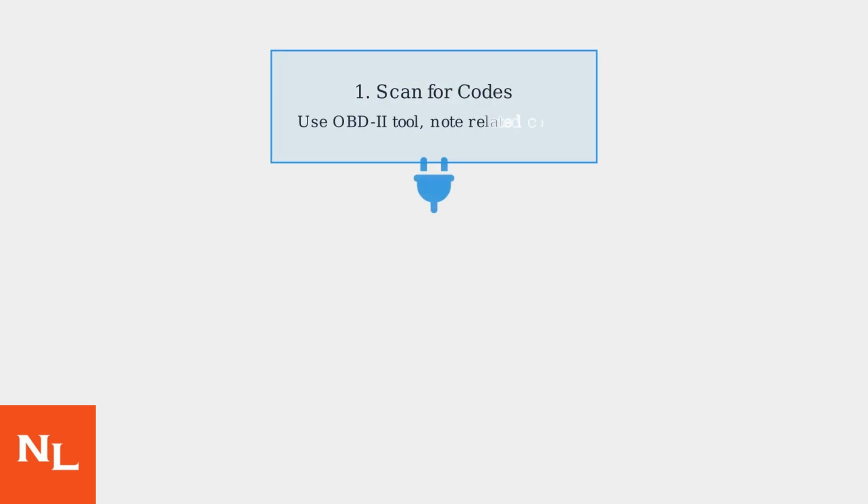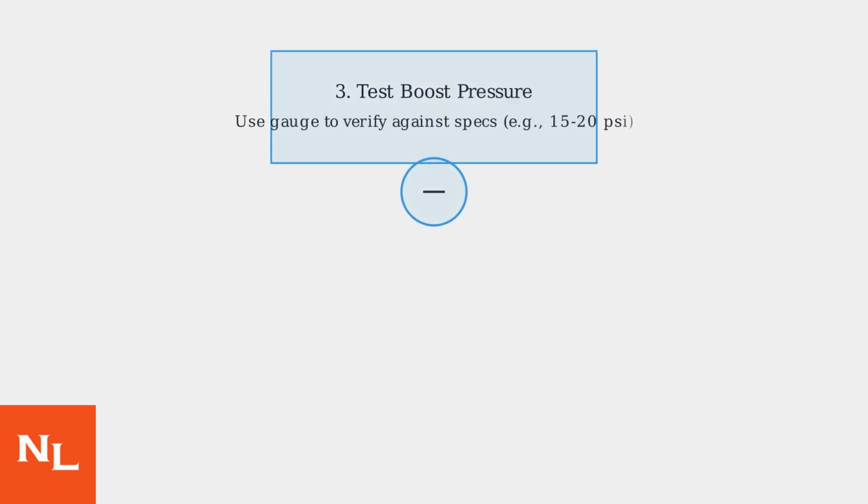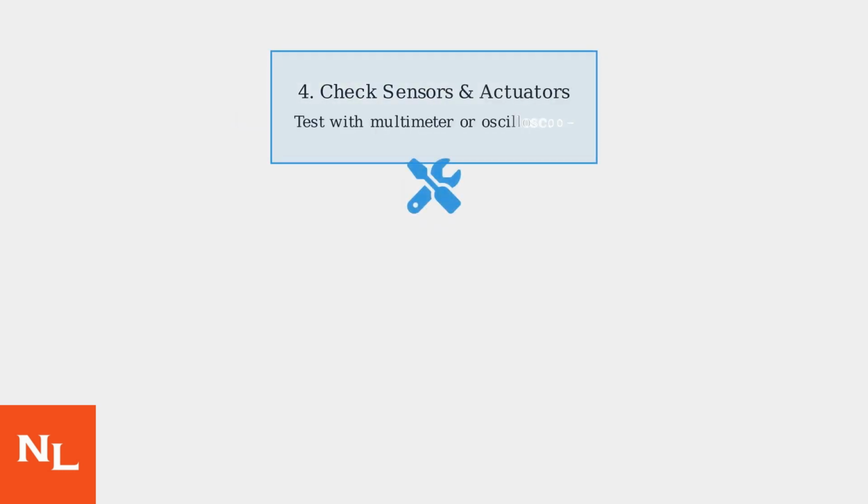Diagnosing P0299 begins by scanning for codes using an OBD2 tool, noting any related codes that may provide additional context. Next, inspect the turbocharger components for physical damage, leaks, or excessive play that could cause underboost. Test the boost pressure with a gauge to ensure it meets manufacturer specifications, such as 15 to 20 psi at full throttle. Check sensors and actuators, such as the wastegate solenoid or MAP sensor, using a multimeter or oscilloscope for